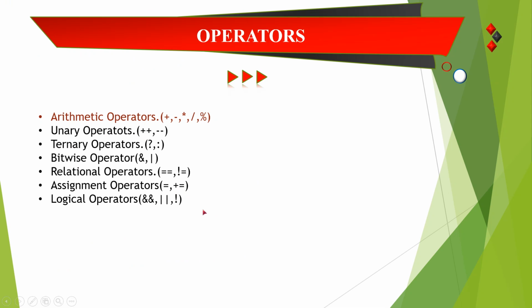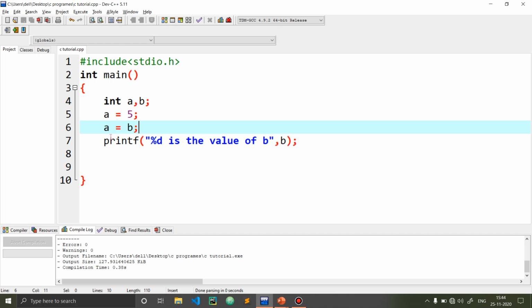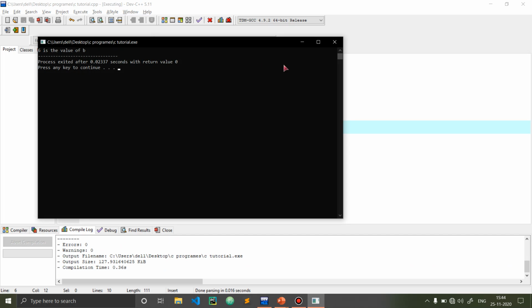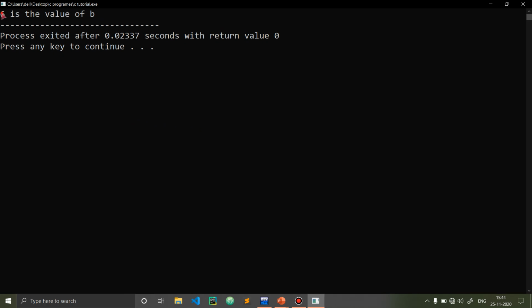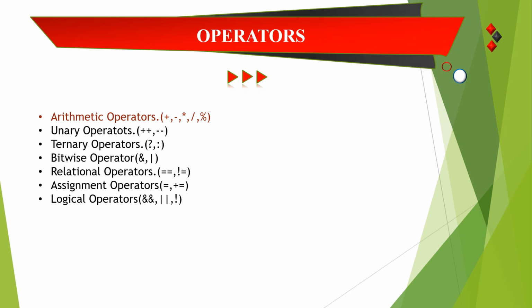You can try the plus equals. It works something like plus plus. So it will add the value and then assign it to B. Okay, let us try this so you will have a better idea. B plus equals A, and now I'm printing B. See, it just adds the value of A to B and then assigns it to B. So these are the assignment operators.